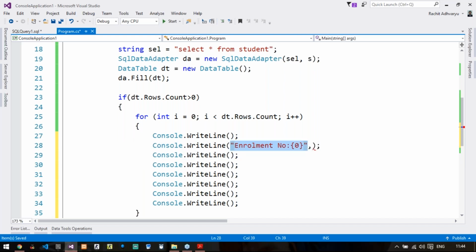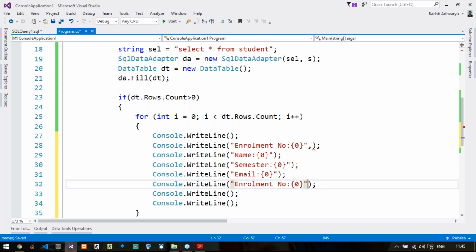Then semester, email, mobile number, and last is birthday, date of birth. Okay, so this is what the syntax is.